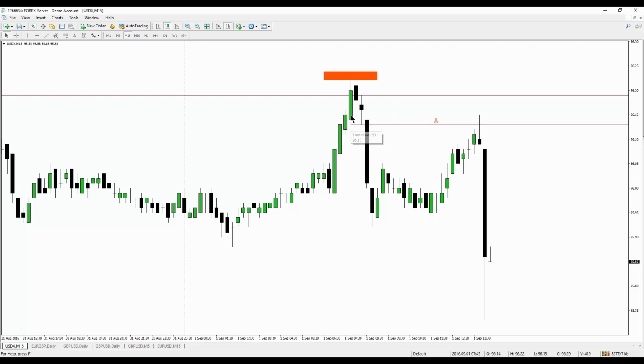It is the last drive up before the start of the move down. So when this candle is referenced, we're going to be using that as the low, but up to the body of the candle as well. But look past it. Look at all this porous price action here.